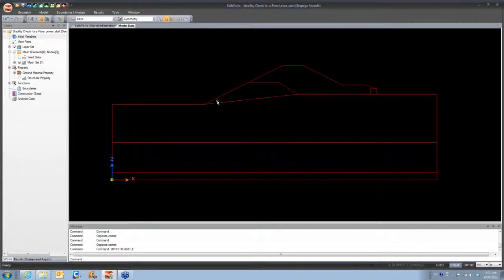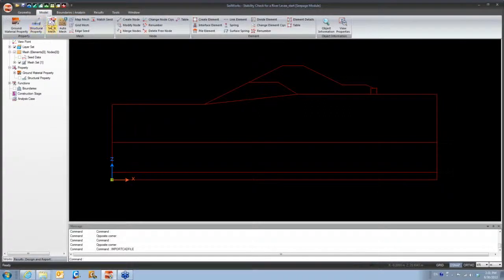Okay, very well. So now that I have my drawing imported, the next thing I would need to do is generate my material properties. Since I'm doing a seepage project, I would need my permeability coefficients in the horizontal and vertical direction. So if you go up to Model, and then go to Ground Material Property,